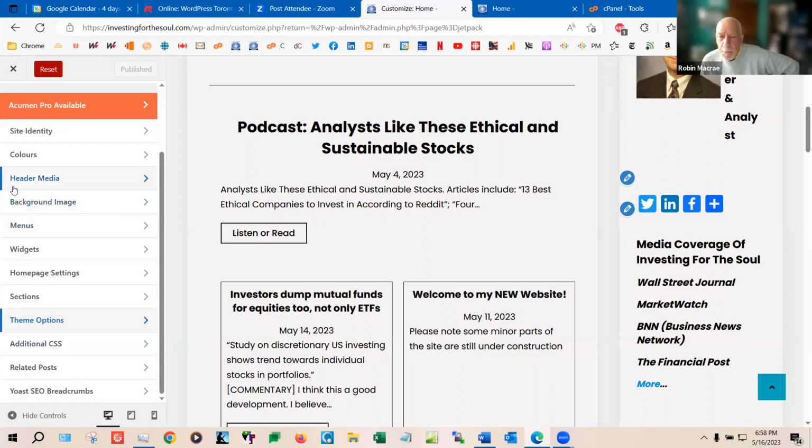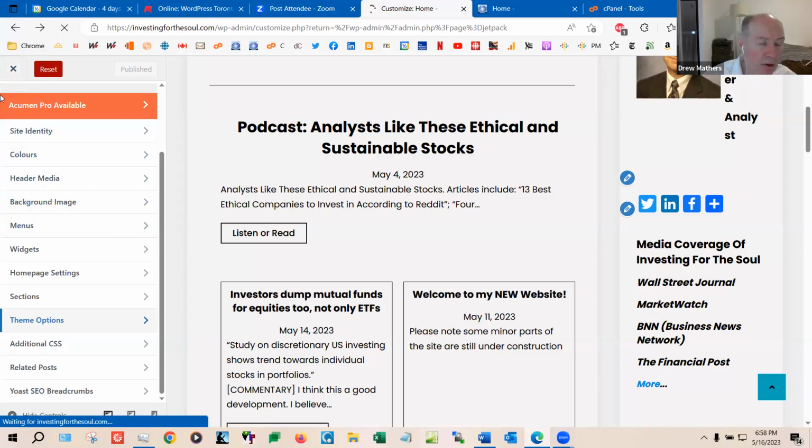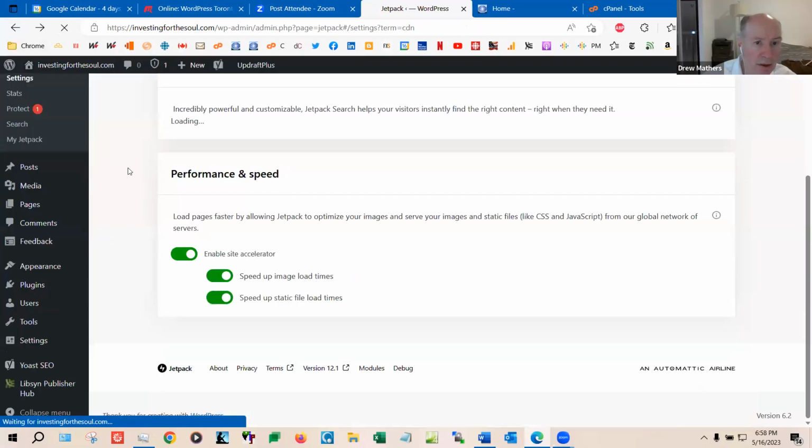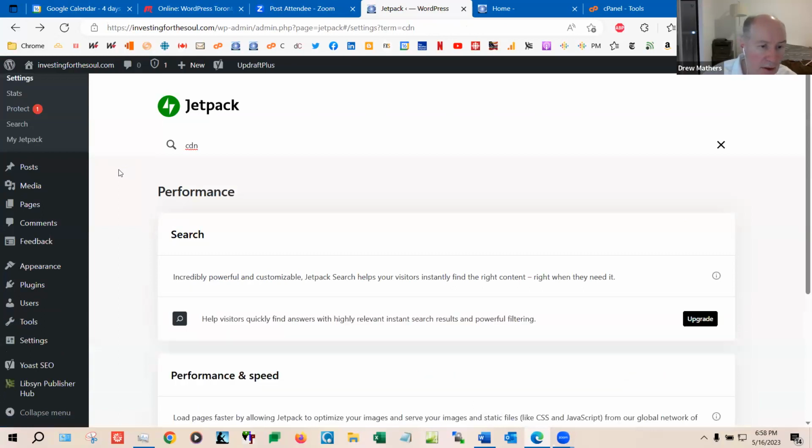Okay, so I guess you can cancel out of that X there and the customizer. Well, I'm drawing a blank. Everything here does point to some kind of caching issue.